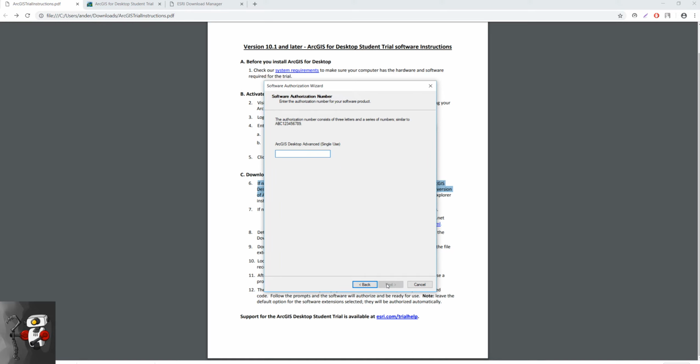We'll go next. And here's where I enter my authorization code again. So the first time we entered it, it was to activate our authorization code. And this time it's to authorize the software. So that's EVA for me,